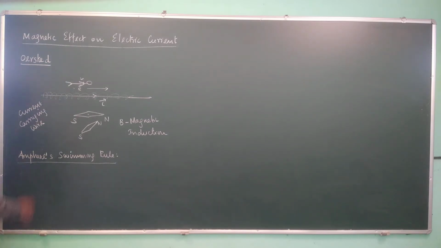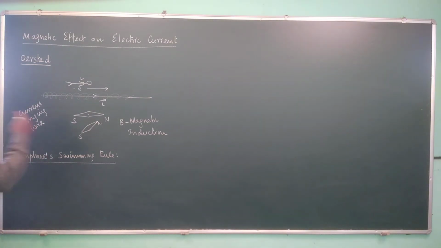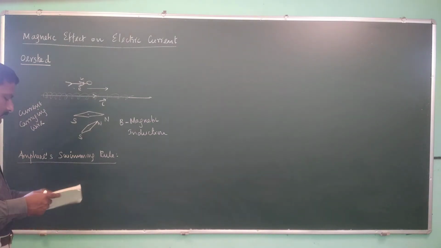Okay, so that is called Ampere's swimming rule. This is the background of how the magnetic needle, which is placed outside the current carrying conductor, gets deflected, and because of the deflection we are able to draw many applications, and we are going to see some of them. But before that,